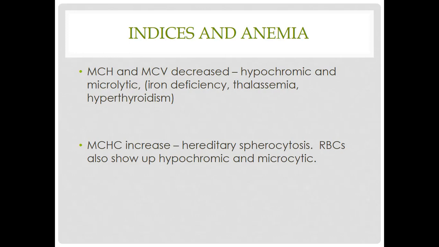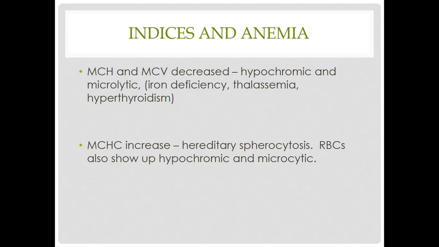MCH and MCV are decreased. It could be hypochromic, which means it's got low color. The red blood cells aren't very red, and they're microcytic. They're very small and they're not very red. So that could be due to iron deficiency, thalassemia,